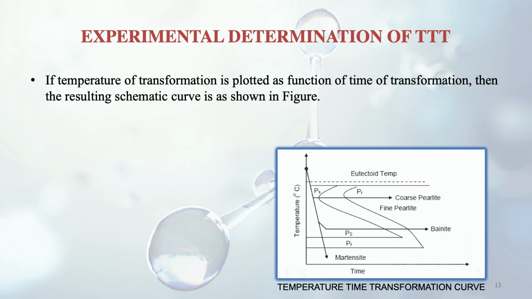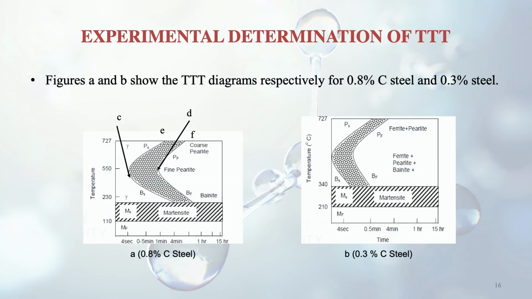So these are the two figures you can see, A and B. The first one is about 0.8% carbon steel, and the second one is about 0.3% carbon steel. So these two figures are there. In the first one you see, because it is 0.8%, it is slightly at a larger distance from the temperature axis in comparison to figure B. It is touching the temperature axis, the B1, you can see, because the carbon content is lesser there.